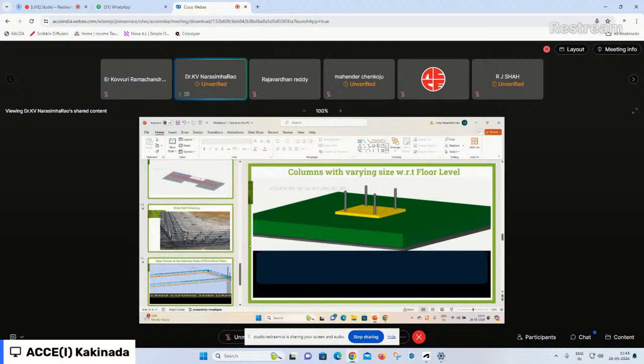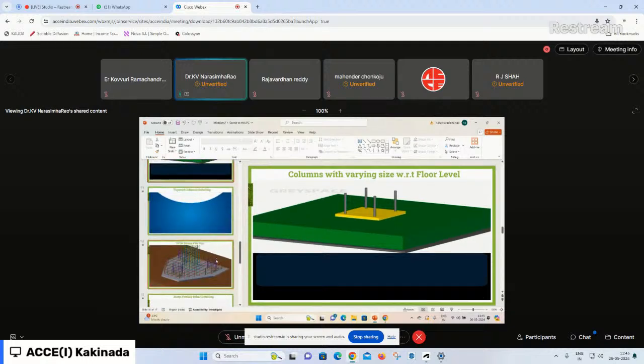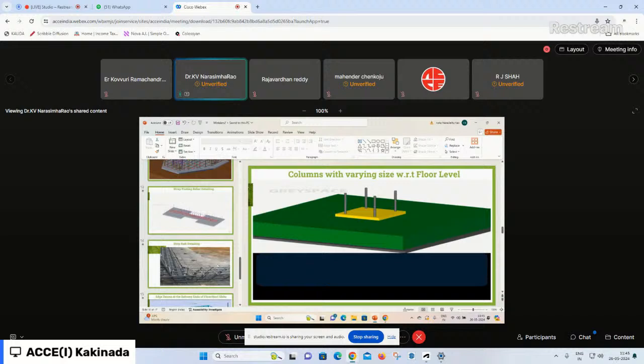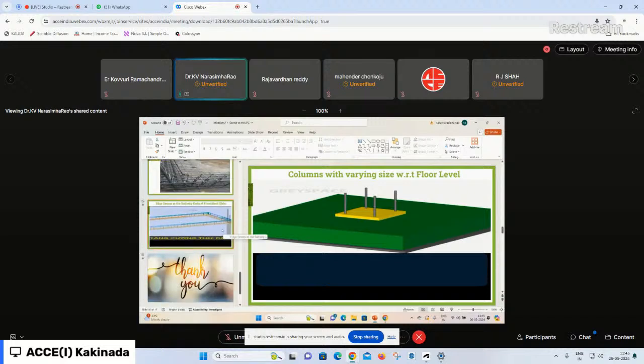Being a lengthy session, we are giving a temporary pause to this previous presentation. We'll continue in the next session as a part 3. In that, we'll see the remaining parts like tapped columns, like three pile group, and staff footing with the practical execution, and a cantilever slab which is supported on the four beams,